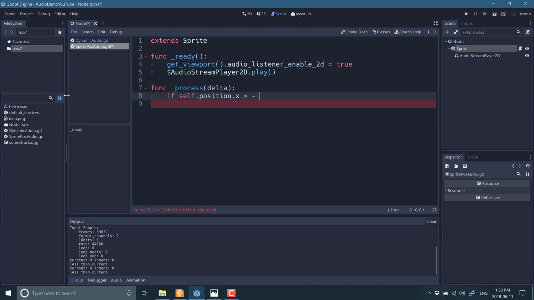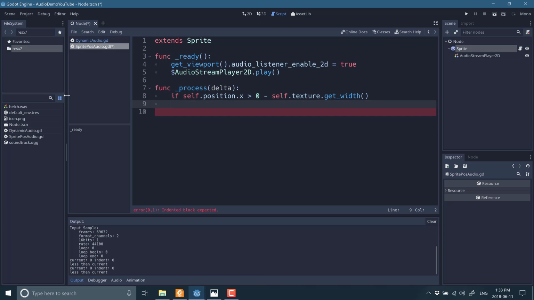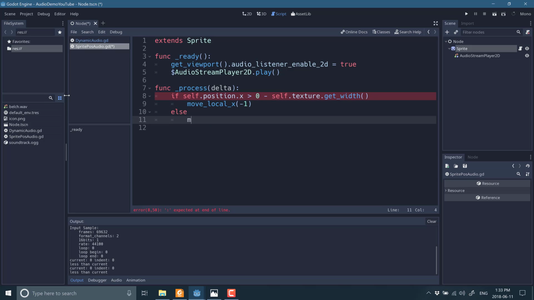It's greater than 0 minus self.texture.get_width. So basically, as long as we're still on screen, move local x by -1. Pretty straightforward. And then finally, if we moved off screen, self.position.x equals get_viewport().get_visible_rect().size.x. So we're just going to move over to the other side of the screen,